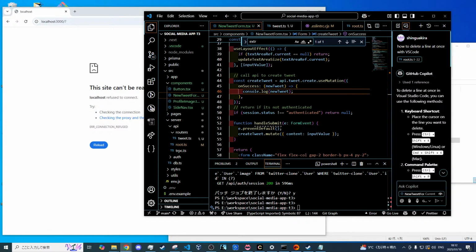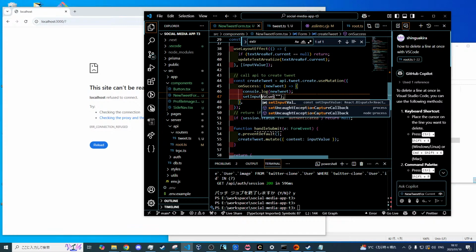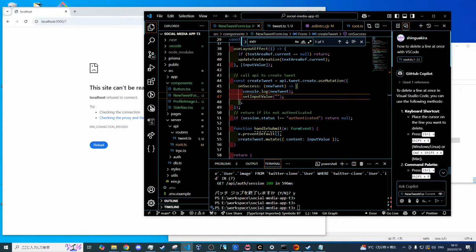Also inside of here, I'm probably going to set our input value to an empty string just to clear it out because that makes sense. Now let's inspect, get our console opened up, go over to our console here, make sure everything's cleared, type in some information, click tweet, and you'll notice that it actually sent that off. It got